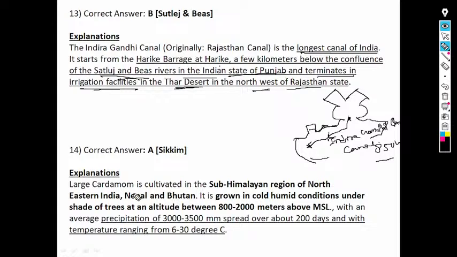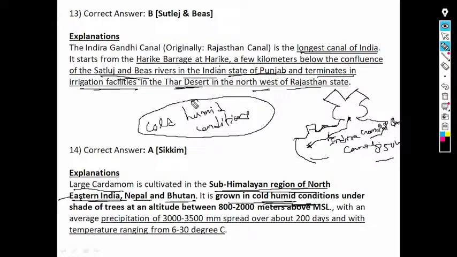Sikkim, large cardamom is particularly cultivated in the sub-Himalayan regions of northeastern India, Nepal and Bhutan. Large cardamom generally is found in northeastern India, Nepal, Bhutan. It grows in cold, humid conditions. Cardamom is basically a cold, humid